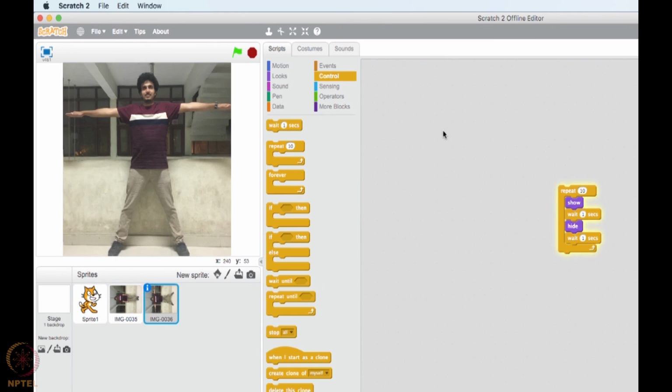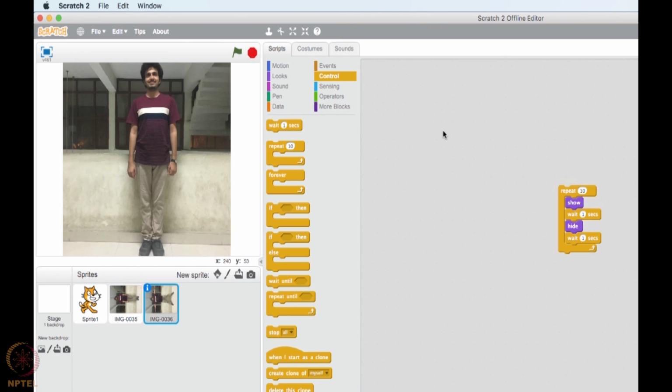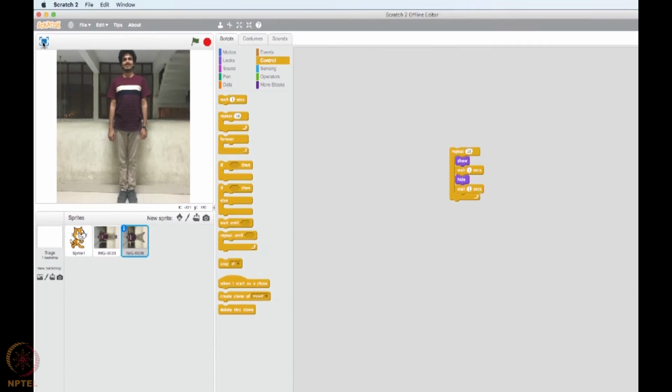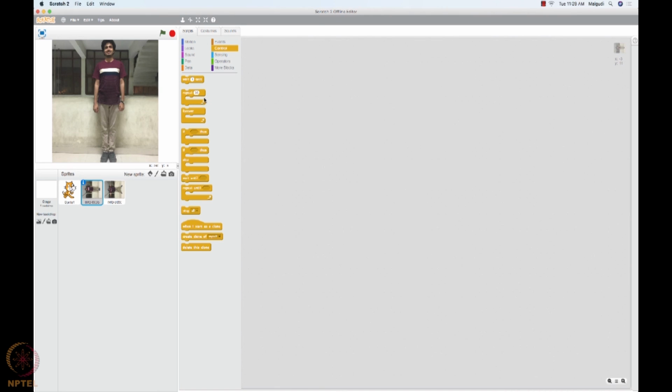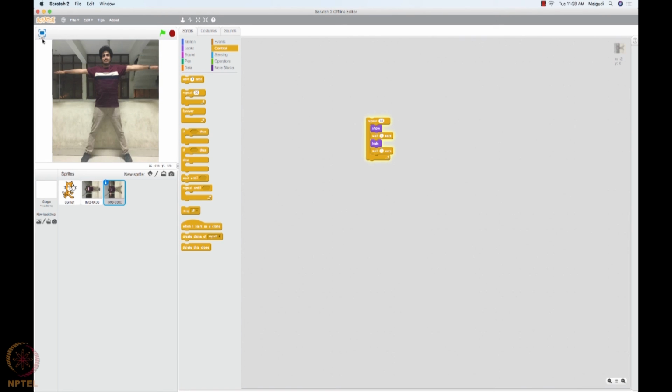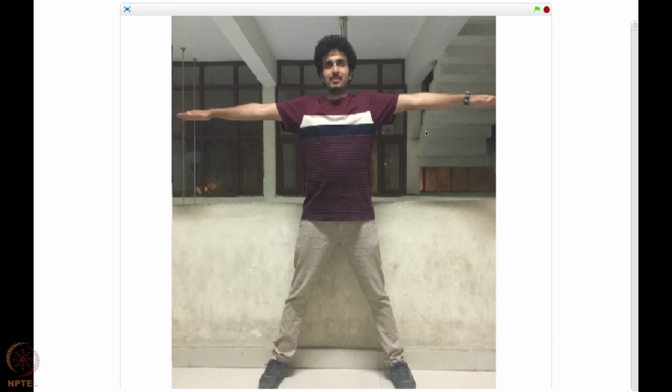It looks like he is actually exercising, but we know that only using the images we did this. We didn't do anything else. So such kind of animation is easily possible in Scratch, and you can do a lot of things in Scratch by such simple techniques which people know.